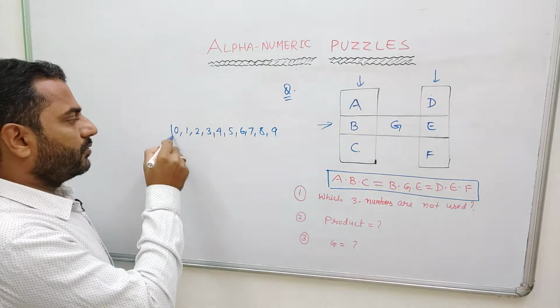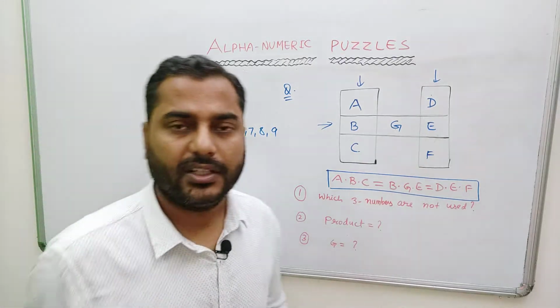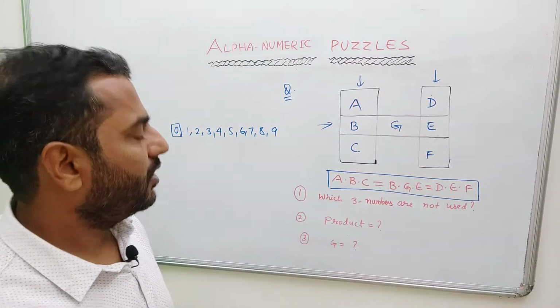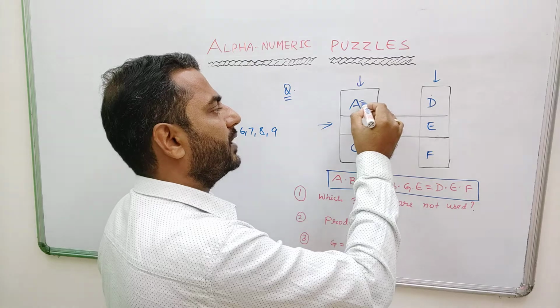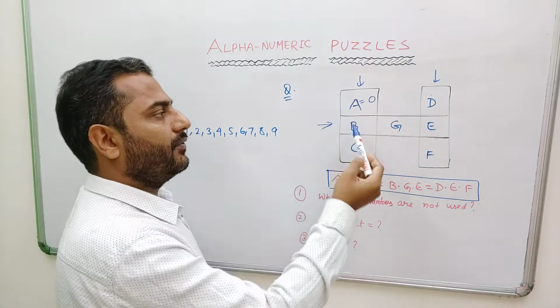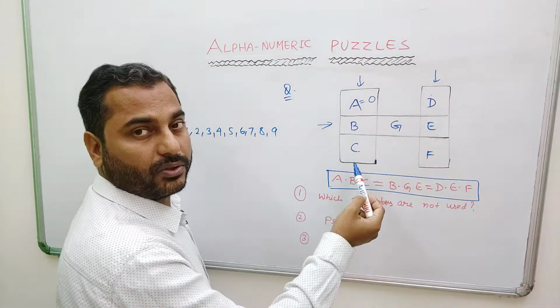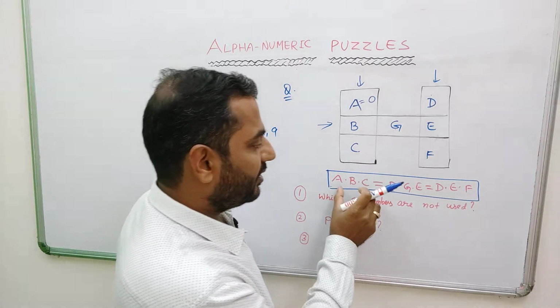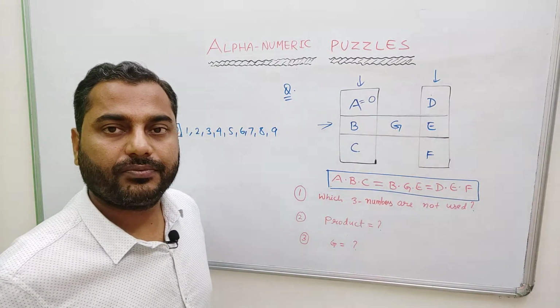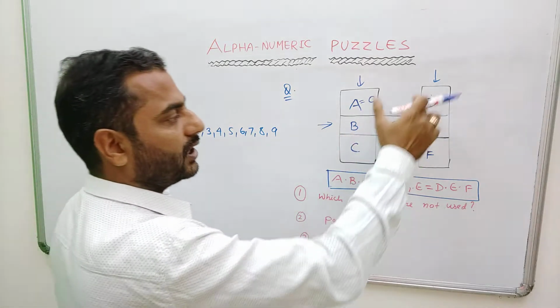Look at this. For example, can we have 0 as one of the numbers? Let us first understand the logic behind this. Let us assume that I put 0 at this place. The moment I put a 0 here, what will happen? The product of the entire column ABC will be 0. Now I'll need every product to be 0, which is not possible because I have only one number which is 0. I cannot have another 0.